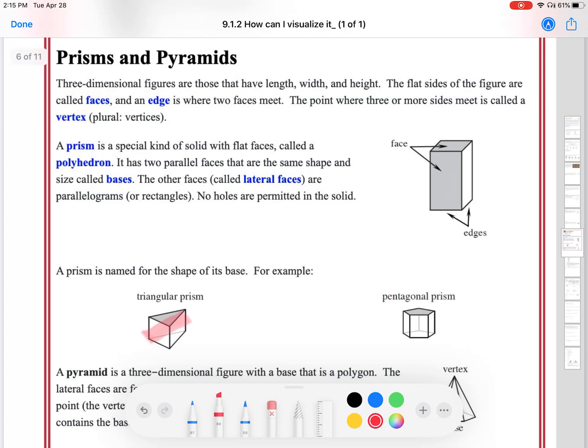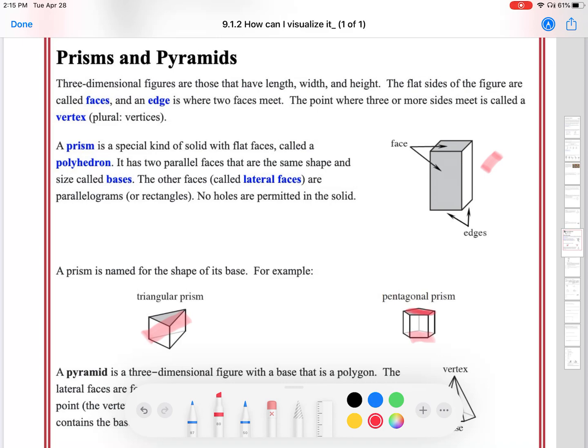Where what it does is it has a shape. In this case, it's a triangle, and in this case, it's a pentagon. And it's almost like if you took that thing and you stretched it out and it made a shape, right? A rectangle is also a prism. It's called the rectangular prism. There's a triangular prism, a pentagonal prism, because the base is what we call them. That top or that bottom part, in this case, that picture has a top or a bottom, is a